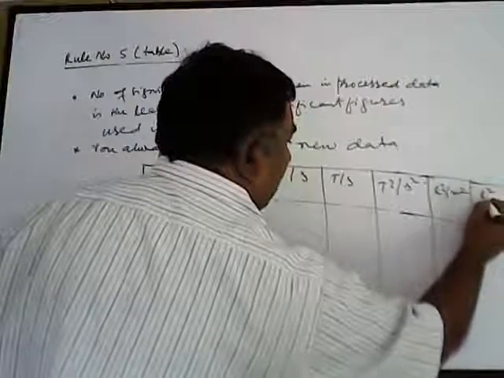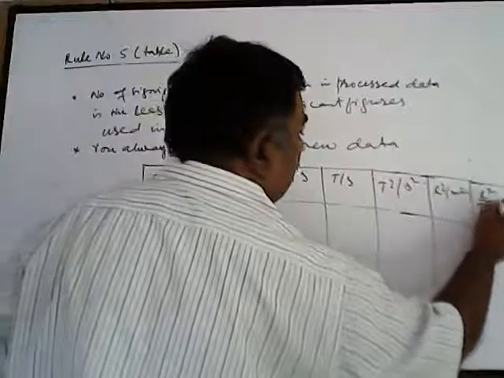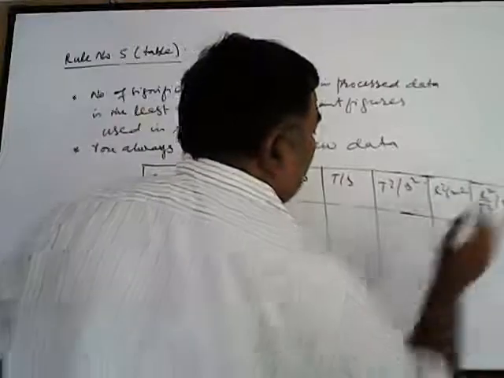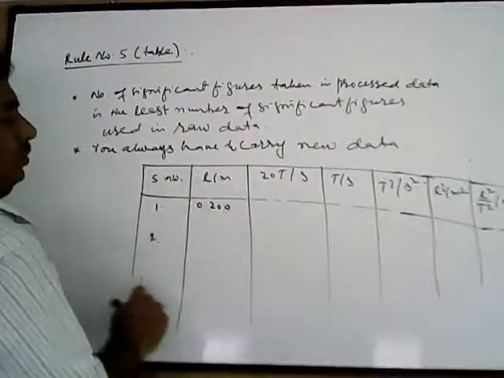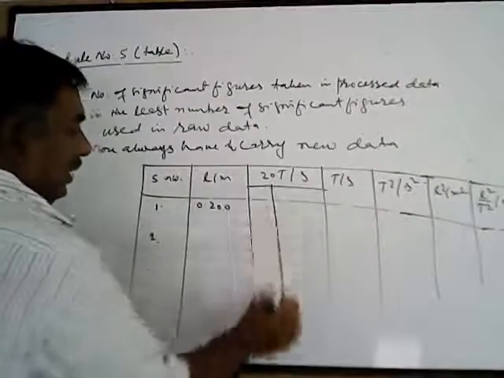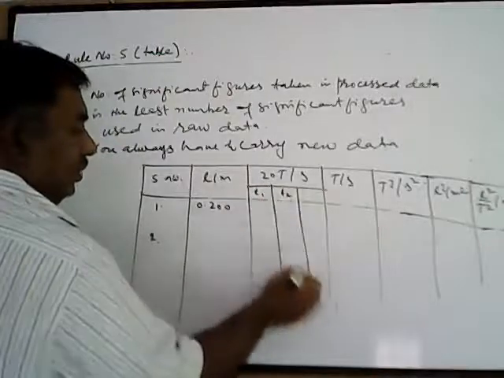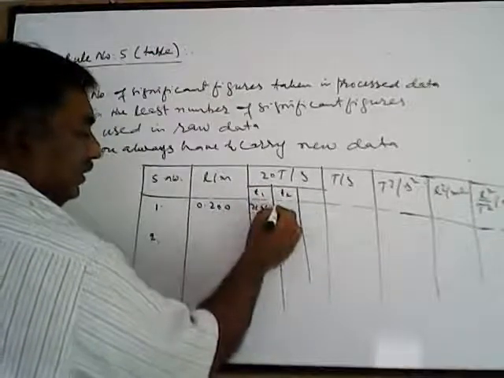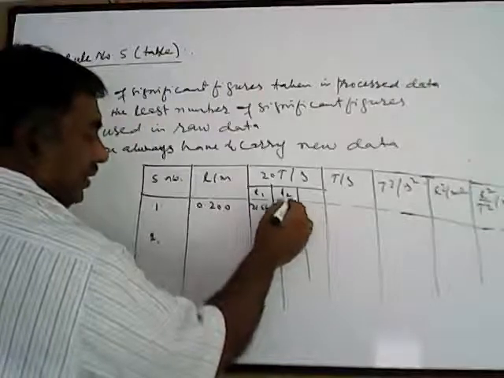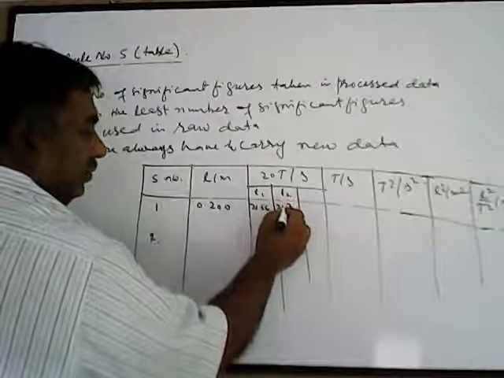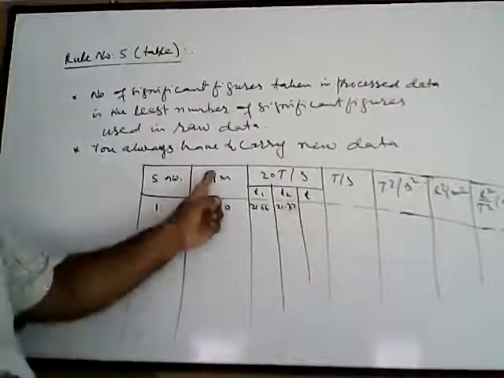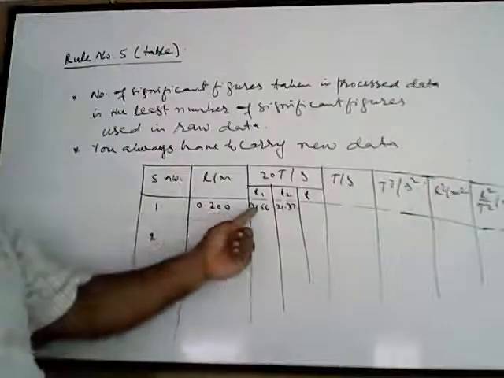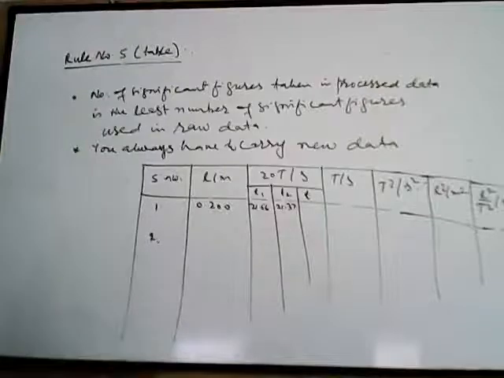And I have to calculate, suppose, L square upon t square in meter square per second square. Let us see. Suppose this is 0.200, and suppose here T1, T2, 21.56 and this is 21.57, suppose 37. This is the T average. Now let us see how to calculate. First of all, a meter rule has been used, so 3 decimal places. Here the digital stopwatch has been used, so 2 decimal places. Now I will use the calculator for the average value.